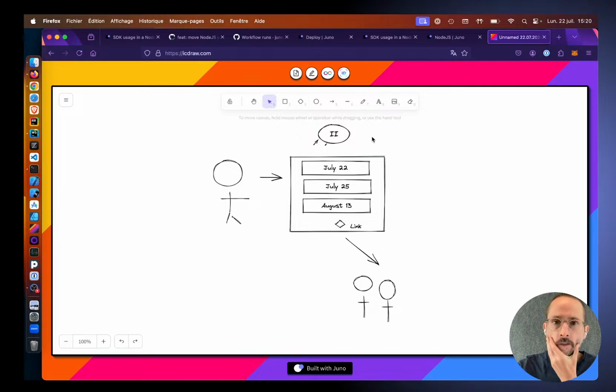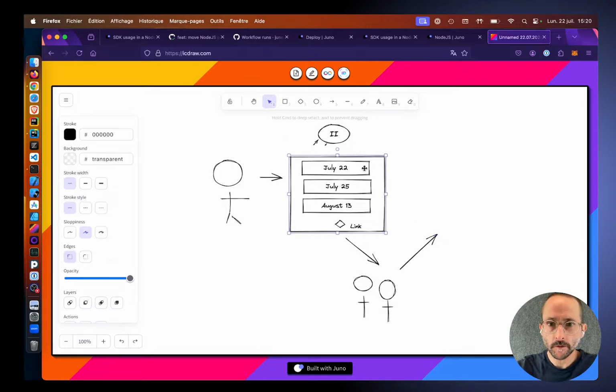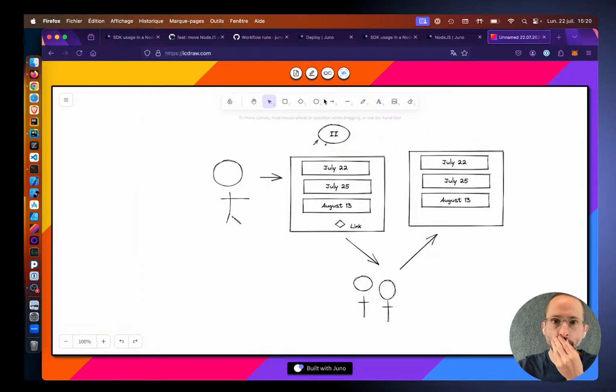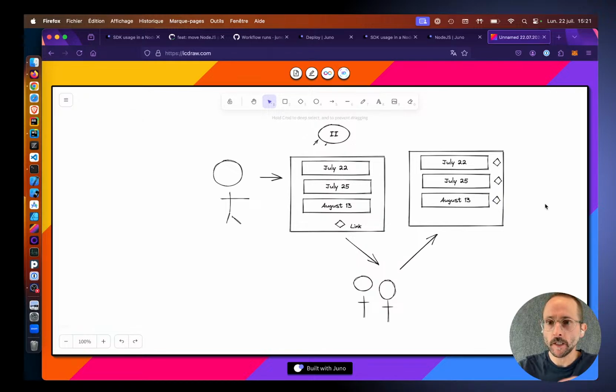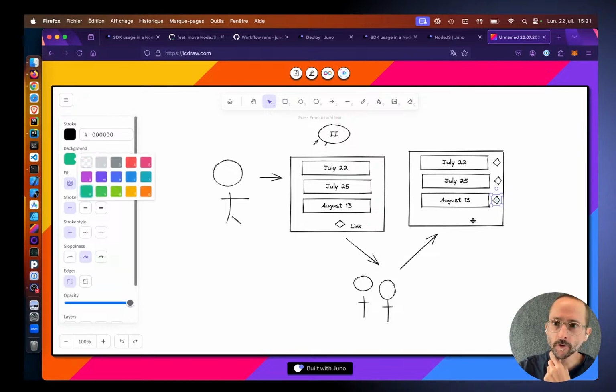And then when those people open the link, they go basically to the same view, but they can answer which date fits or doesn't fit, right? And ultimately, what we can maybe also add is that when one person is clicking a day or so,